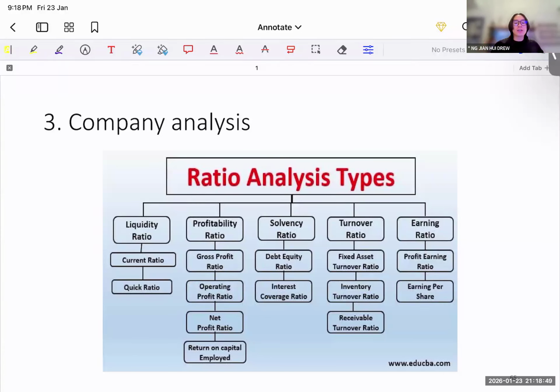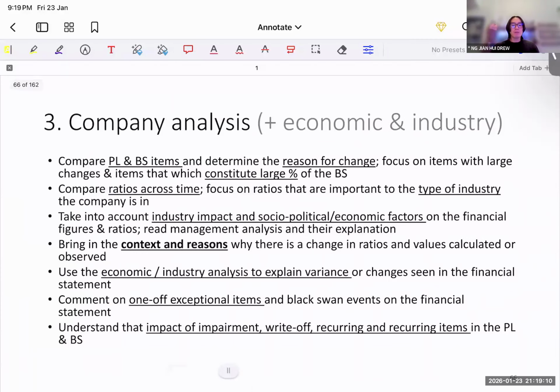So ratio analysis. This is the main part of your financial analysis, for our financial statement analysis. These are just some examples of ratios that you should be using: liquidity, profitability, solvency, turnover, etc., right? Which you can't really expect to know. So I'm not going to go through this. But what I really want to focus on is this component here, which is something I created as a skeleton of how you can do a very good financial statement analysis.